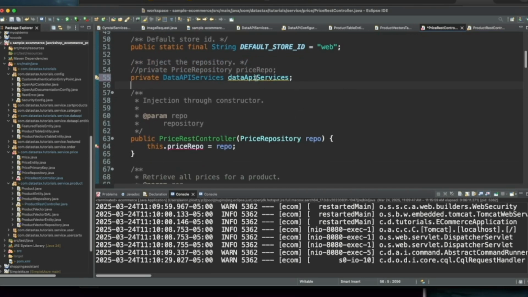Now we're going to grab this Data API Services object and paste that. And then let's say this.dataAPIServices equals our, we'll just say Data API repo. How about that? We were giving it a halfway decent name. Okay, so we have that injected. No problem.